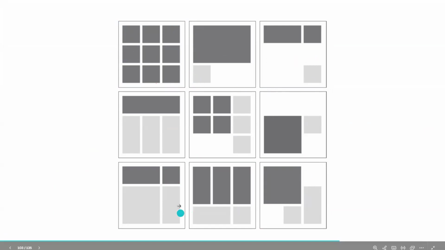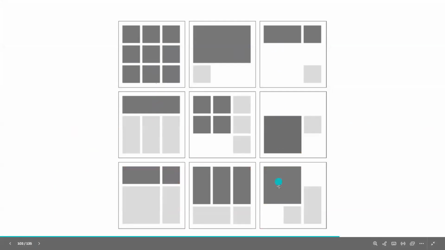If you consider this, this is a single design, right? This is also a single design. So there are 9 different designs, but all 9 are different from each other because of the use of layout. This is a different layout, this is a different layout, this is a different layout. If you consider black as the image and gray as the type, you can place 9 images here, you can place one image here, you can place 4 images here and 3 type here. So this is how layout works.